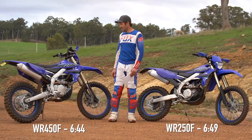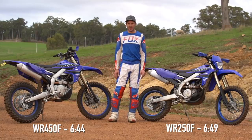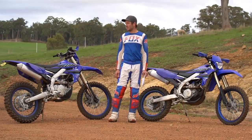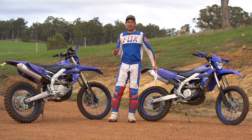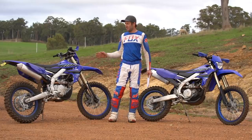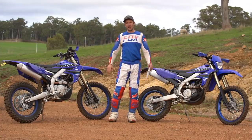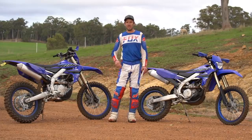Stopwatch never lies. I couldn't have picked it, as I said, which was faster when I was out there. But there you go, that's the results. I think what it ultimately comes down to is, although you're just tipping the 250 over and laying it in and just on the gas and you feel like you're killing it, the 450, just that raw, it just gets to the corners so quick. And I don't know, there's probably 150 corners in that track, and you just shave a millisecond off each one